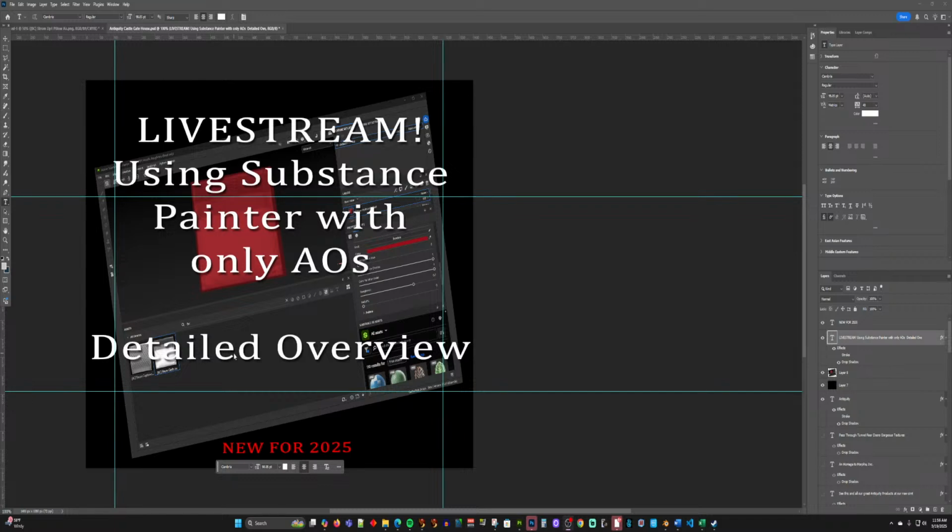actually have that object, where you bought maybe a prefab off of Marketplace, and they don't provide you with the DAE file. They just give you the actual model to use in Second Life, and then they give you maybe some textures for it, but they also provide you with the AOs. And it can be any kind of object. It can be furniture, it can be clothing, it can be a house, it can be anything at all, as long as they provide you with the AOs, which are ambient occlusion maps or shadow maps, which show the shading and the highlighting on the surface,